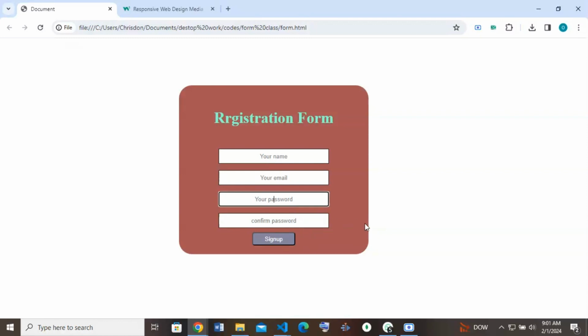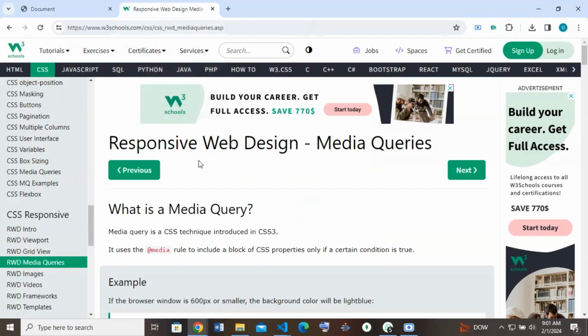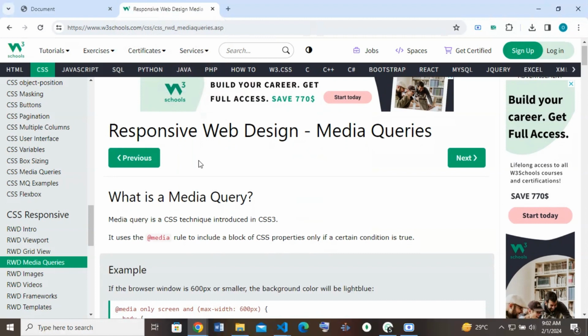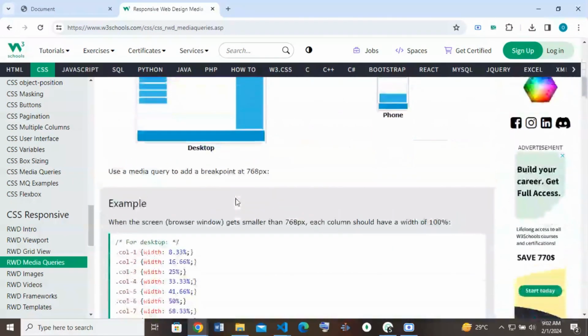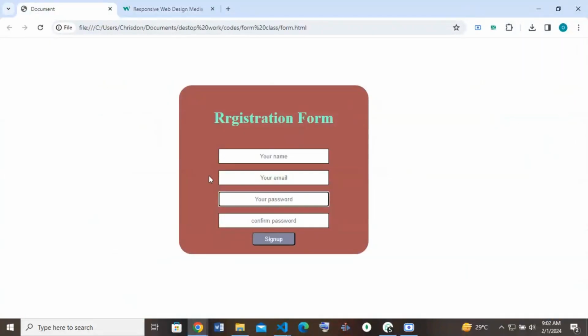But this form is not responsive. We are going to use a media query to make it responsive. So let's go to W3Schools to know what a media query is. A media query is a CSS technique introduced in CSS3. It uses the @media rule to include a block of CSS properties only if a certain condition is true. You can come here to know more about media queries, but we are going to learn how to use media queries to make our web pages responsive, both this form and the web page we are going to design later, but